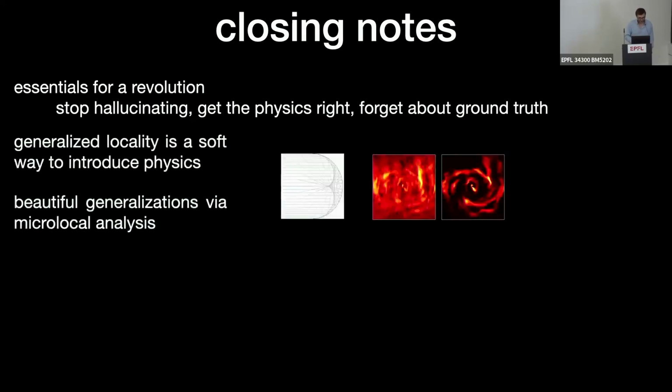Another thing that I want to mention is that when you want to build physics into your problems, sometimes the best way to do it is to really just put it in the loop, to close the loop, allow the forward propagation, and then you get something that is probably extremely good. But you need to have a very accurate forward model. Someone needs to write it for you, and you're going to kill your workflow. It's going to be very slow, right?